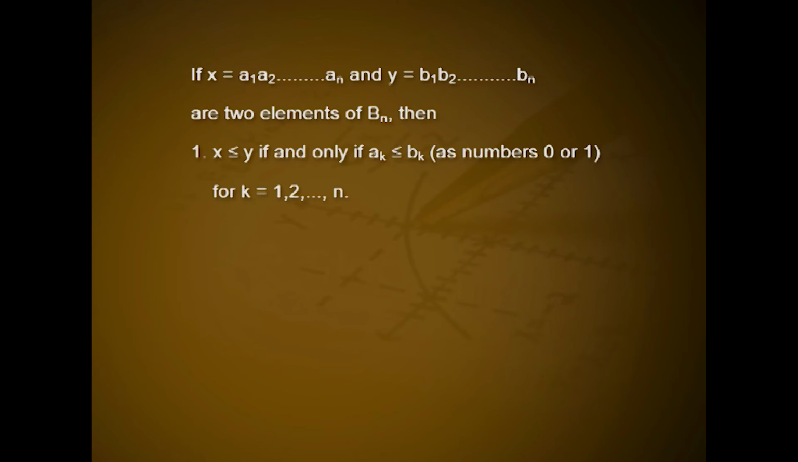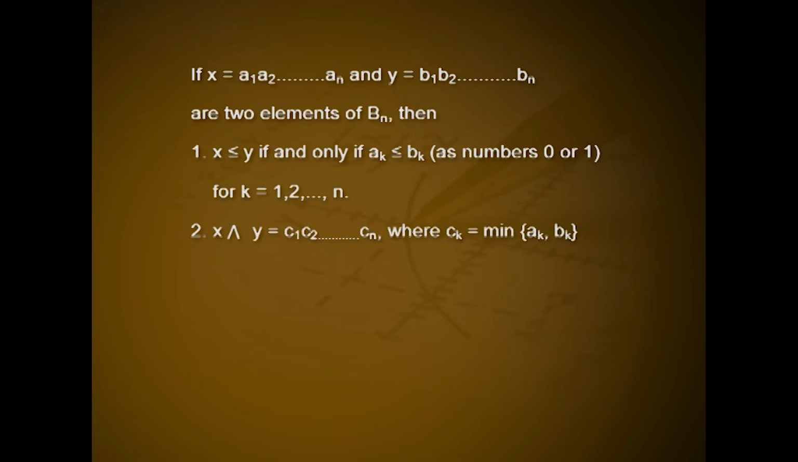If the Hasse diagram of the lattice corresponding to a set with n elements is labeled by sequences of zeros and ones of length n, then the resulting lattice is named Bn. The properties of the partial order in Bn can be described directly as follows. If x is equal to a1, a2, etc., an and y equal to b1, b2, etc., bn are two elements of Bn, then x is less than or equal to y if and only if ak is less than or equal to bk as numbers 0 or 1 for k equal to 1, 2, 3, etc., n,